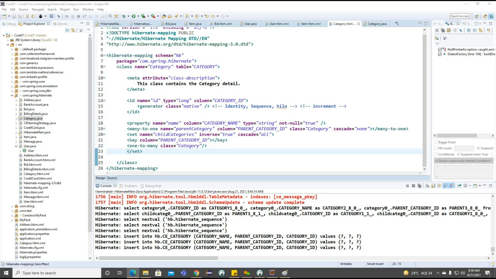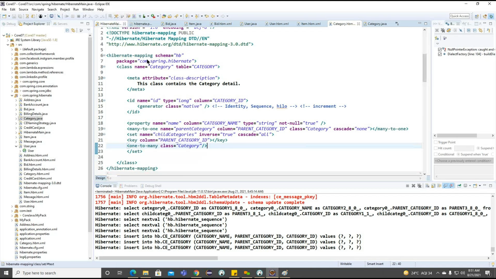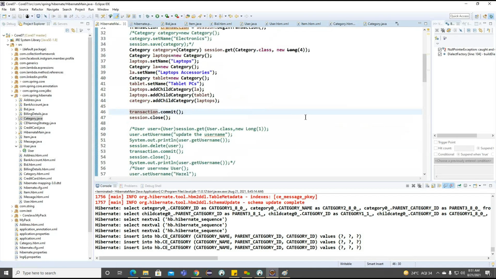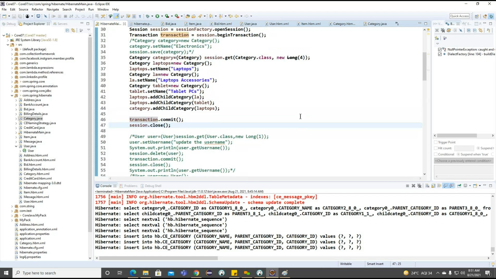So detached instance we don't want to discuss here. Retrieving an object here. As of now, we are trying to store the data into the database. How can we retrieve the data? How can we load the data? We have three ways to load with the help of session-related methods, the get method and load method. First we'll see the difference between the get method and the load method.